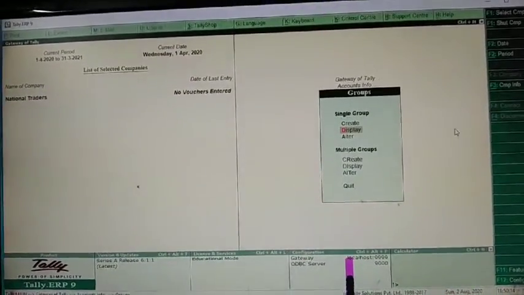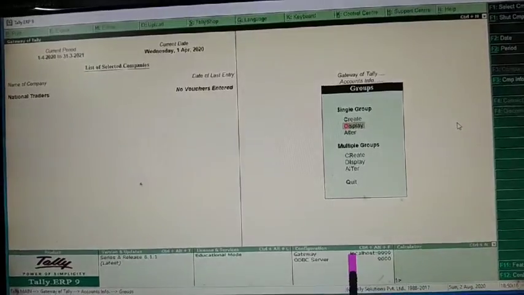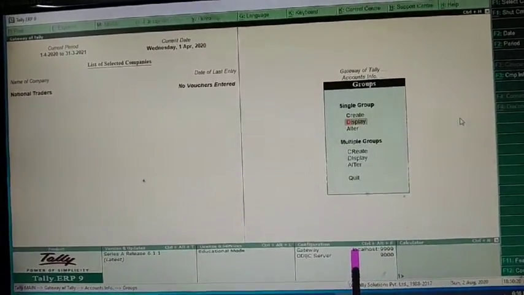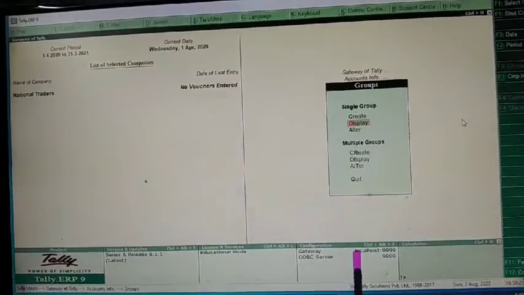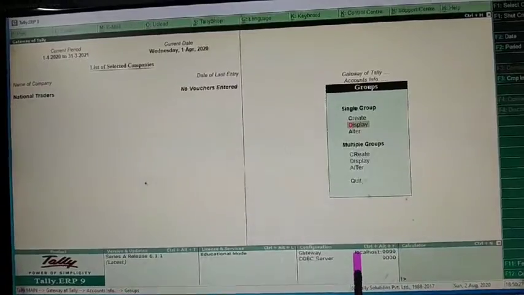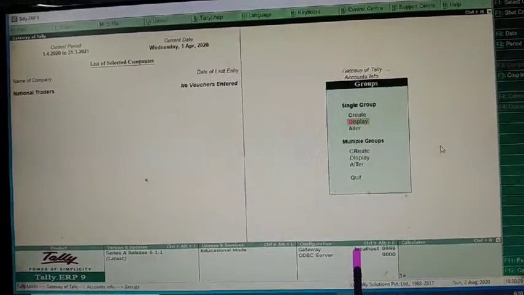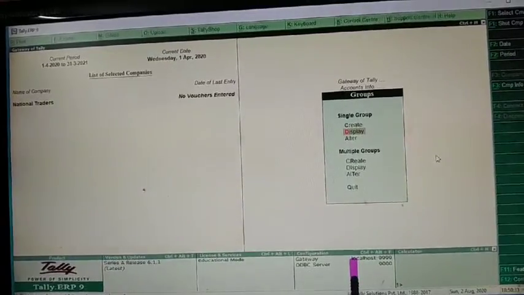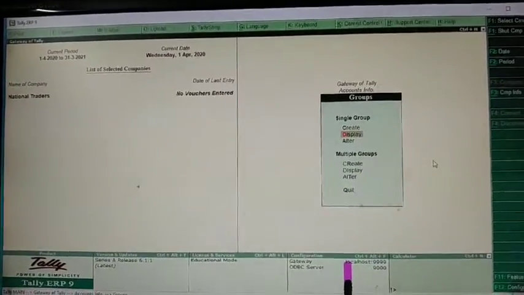Our reports and statements will reflect the desired classification at all times. And further, Tally permits us to regroup our ledgers anytime. It always permits us to regroup and create subgroups again.